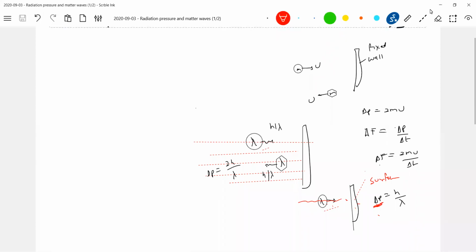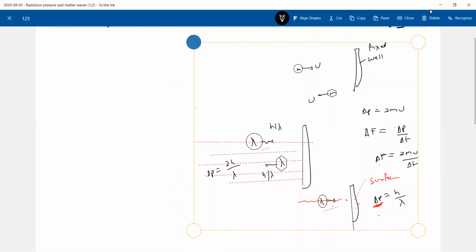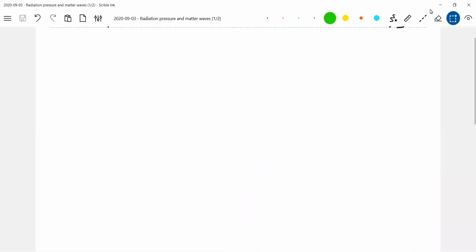So now, how do we calculate how many photons there are in a beam of light? I think we have already made some background in the photoelectric effect. If a beam of light... The initial derivations are a little bit difficult for you. Once you get the formulas, the rest of everything is application, very easy.